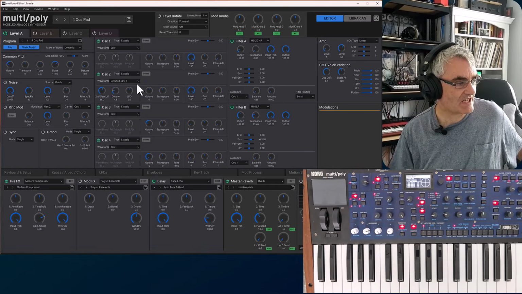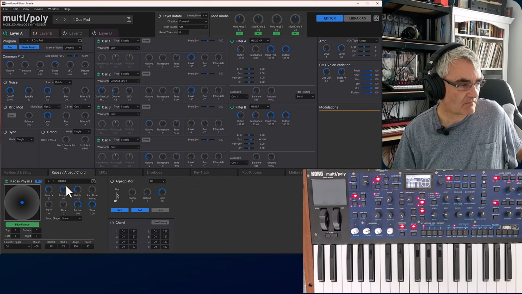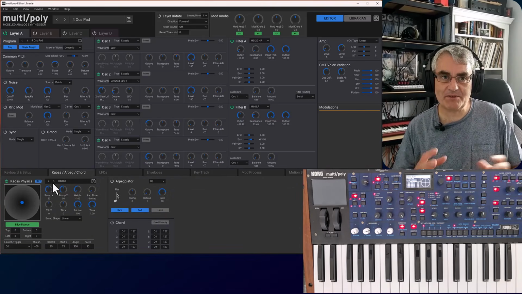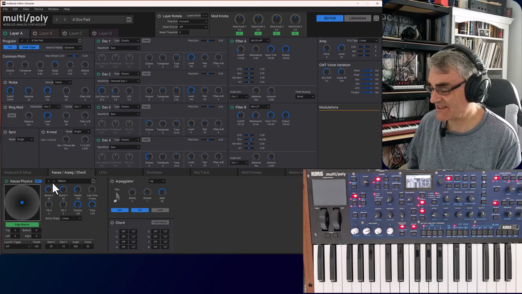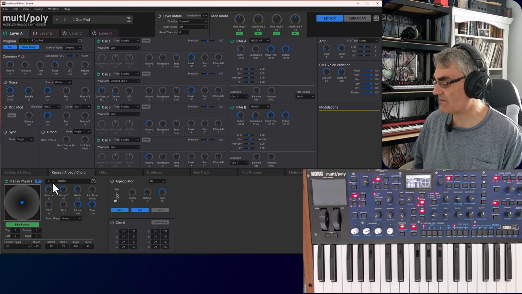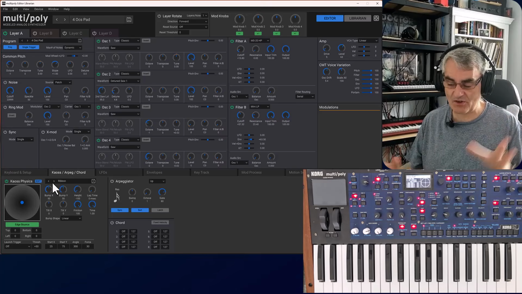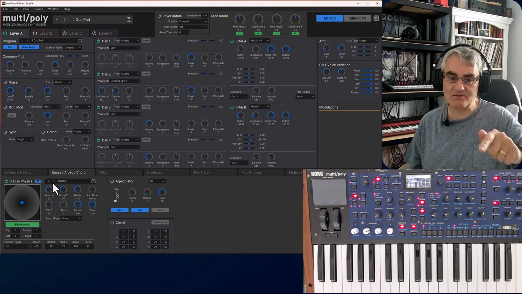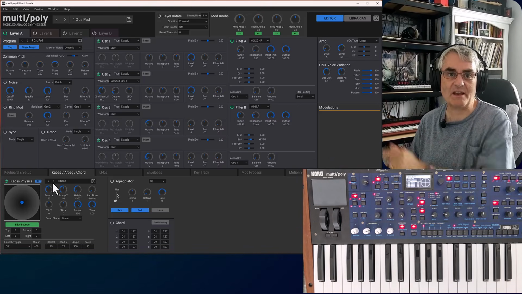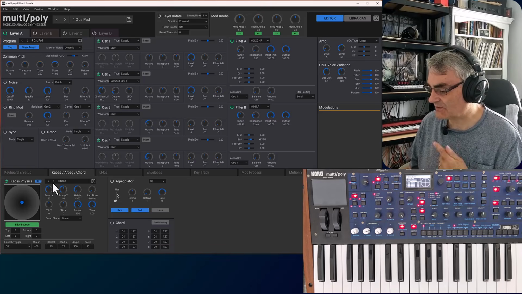Another little technique I've used on here as well is using the Kaos to kind of emulate the ribbon controller on the CS-80. It's not the same, but I was kind of inspired by that. So the CS-80 ribbon, I think I've only played with the emulators, not a real one. When you press the ribbon, it doesn't change pitch until you slide away. It's sort of doing the differential. I couldn't figure out a way of doing that